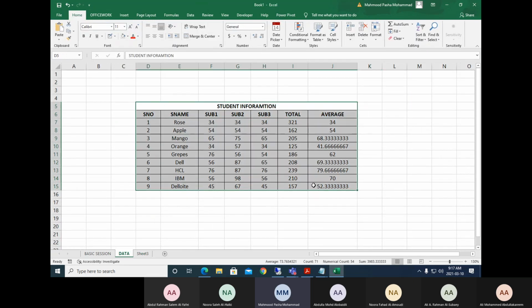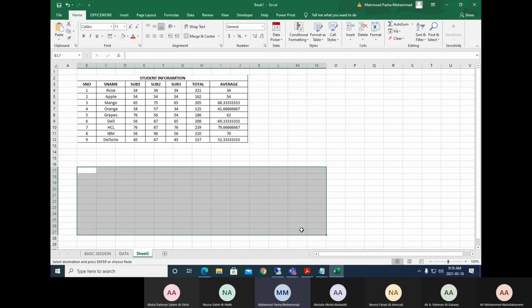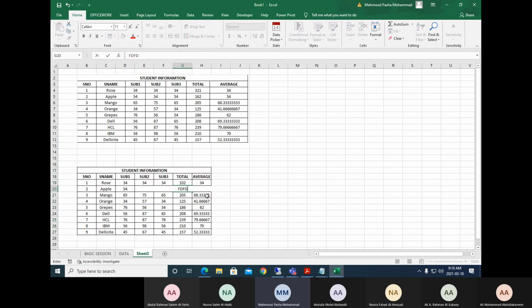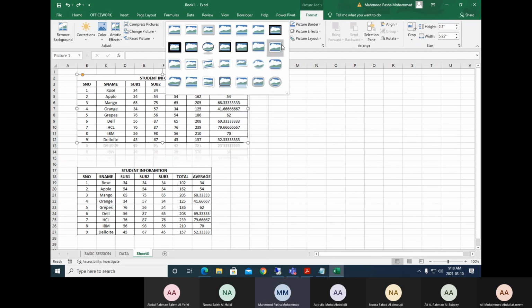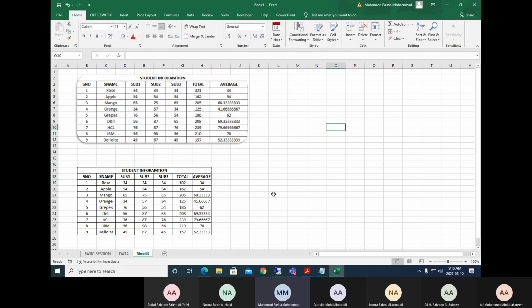When you're copying the information, if you say directly copy, it will copy the data, and when you paste it here, you will have the ability to change the information. But when you copy it as a picture, it will become a picture format. You can see a contextual tab opening here, Picture Format, through which you can apply it as a picture. So now this is a picture here. So this is the difference between how to copy, how to copy as a picture, and how to paste.